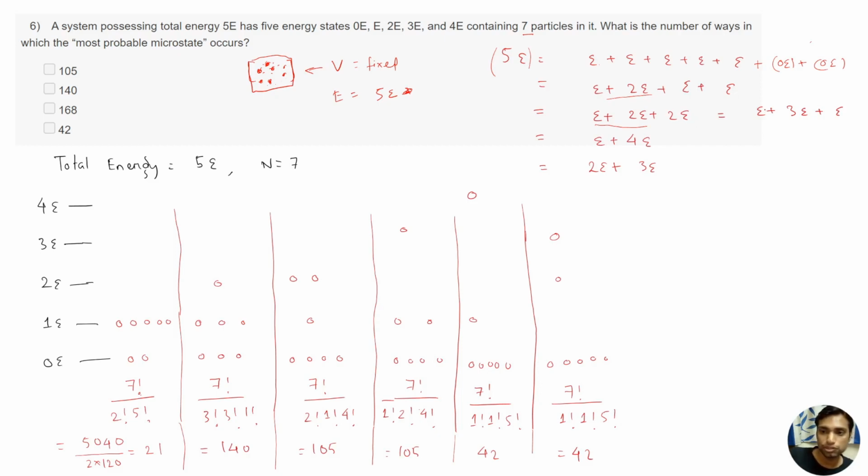Okay, then what you do, E plus 3E. So we did E plus E, E plus 2E, E plus 3E, then E plus 4E, and then there is no E plus 5E, because it will exceed 5E. So just keeping this constant, you can increase and check in how many ways you can get these partitions. So we got partition 1, partition 2, partition 3, partition 4, partition 5, partition 6. These are each of the microstates. I hope this algorithm is clear.